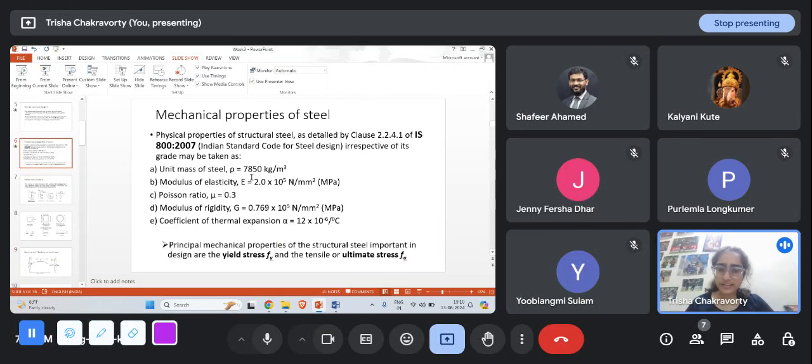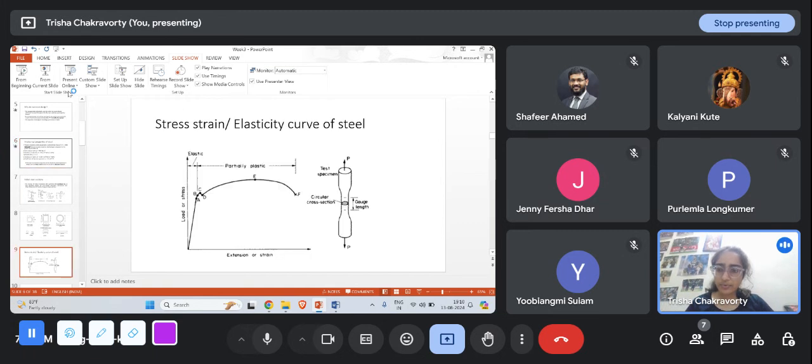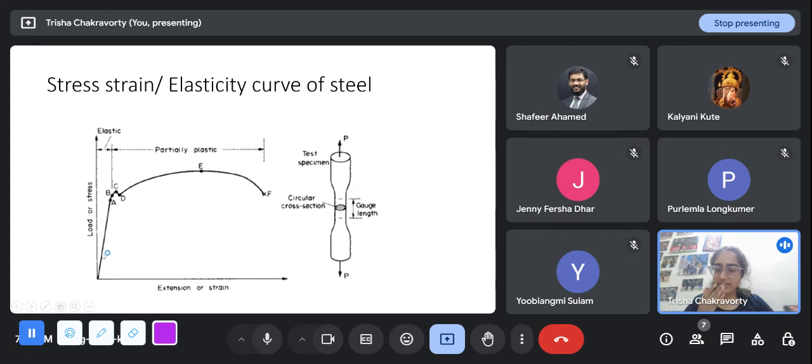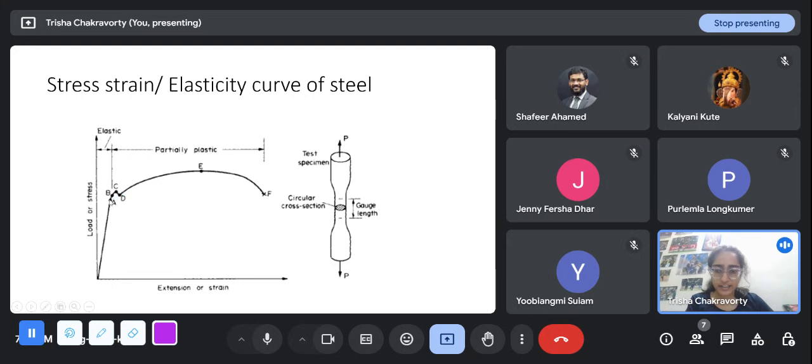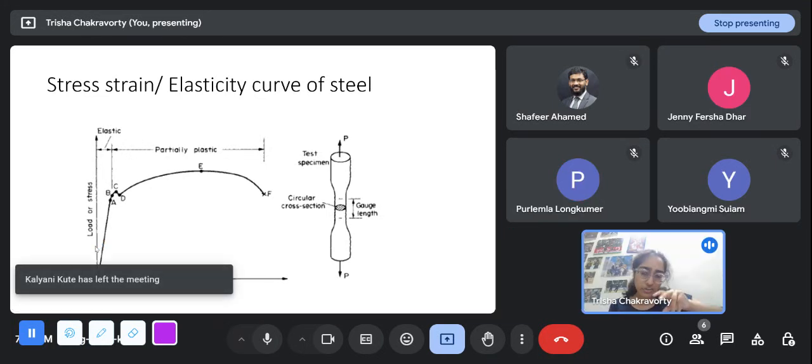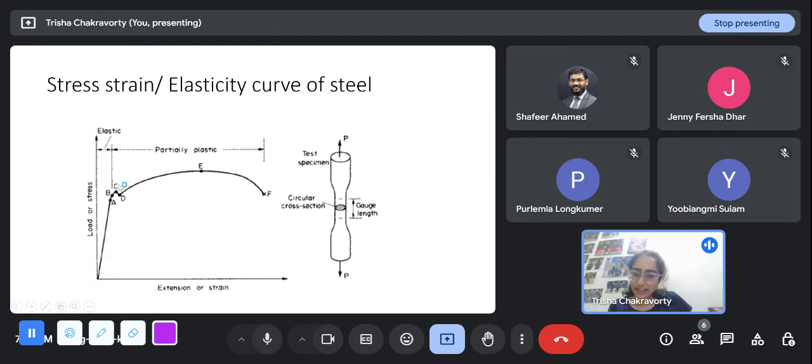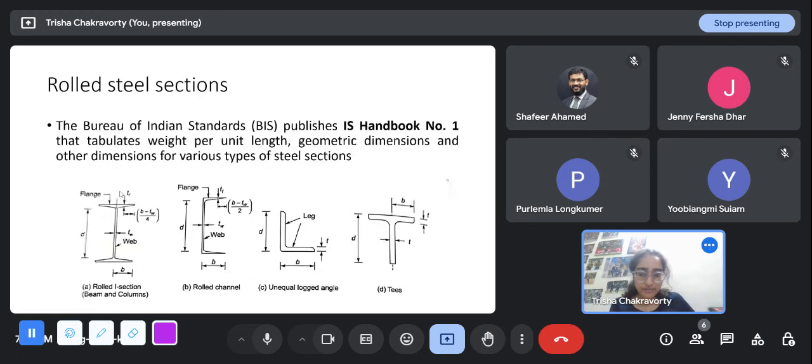This modulus of elasticity E is basically the slope of the initial linear part of the stress strain curve. And this B is known as the elastic limit. So AB is not linear anymore, but up to B, if we load the specimen and then remove the load completely, the strain will return back to zero. So the specimen will return to its original configuration. We will observe no strain in it anymore. But C and D are the yield points, the upper yield point and the lower yield point, which are very closely spaced. So we generally have just one yield stress Fy that we showed here.